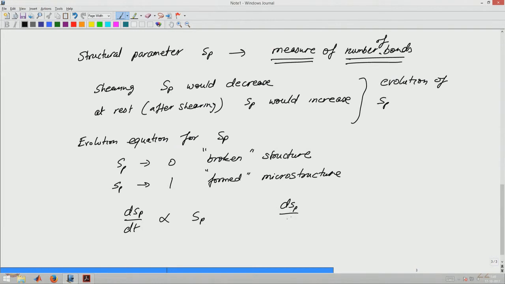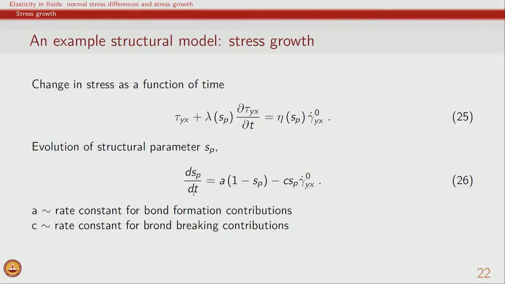Similarly, dSP by dt will also be related to 1 minus SP, but in terms of formation. If SP is 0, then the formation can happen at maximum rate. When SP is 1, all the bonds are already formed, so therefore, formation rate will be 0. So, this signifies the formation rate, and this signifies the breakage rate. So, therefore, the overall equation for evolution of SP can be written as a differential equation